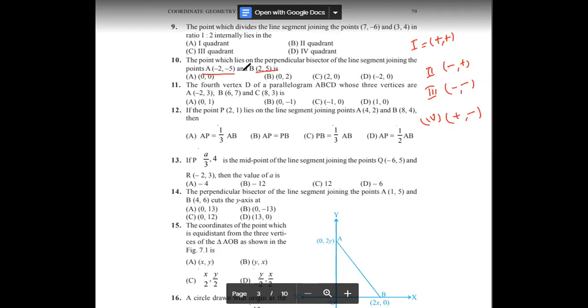It means simply you need to find out the points of a bisector, means midpoint actually. So find out the midpoint of these two points. Yeah, it will be 0, 0. Yes, it will be 0, 0. Okay, 5 minus 5 divided by 2 is still 0. Yes, so it will be A. So do not get confused with the perpendicular bisector. It means simple bisector. Okay. Question number 11.